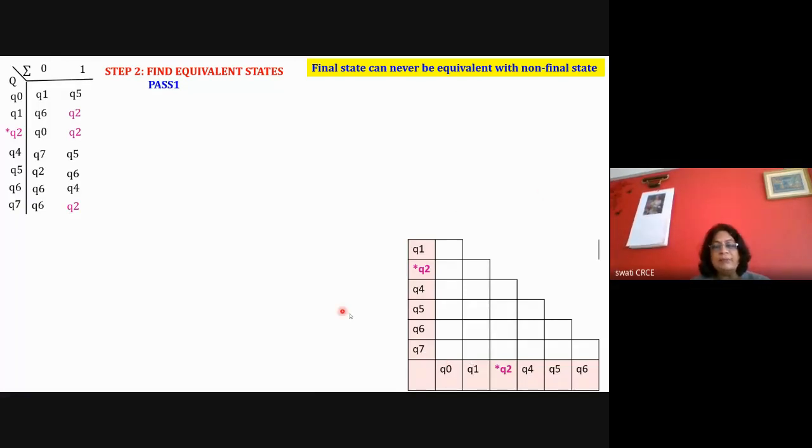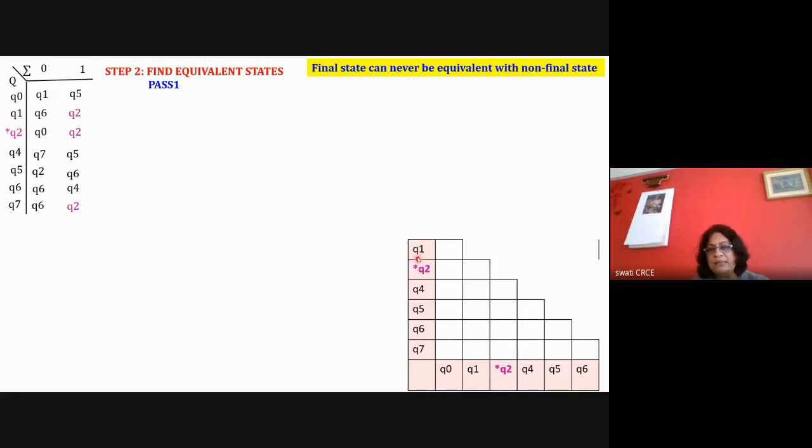Remember, in the square you start writing the states horizontally from the initial state, so you don't make any mistake. And don't consider the final state, the maximum number. Write them down. Then you start writing vertically, and vertically you do the opposite: horizontally you started from Q0, here you start from Q7. So start from Q7 till Q1 and don't write Q0 here.